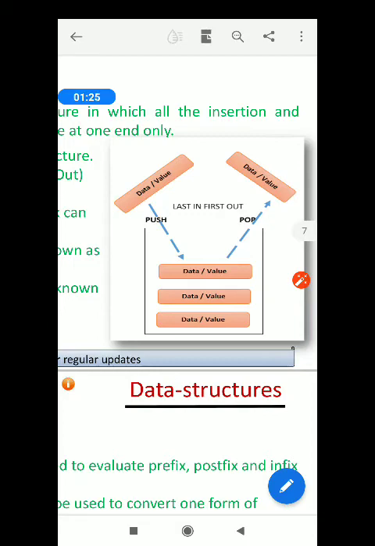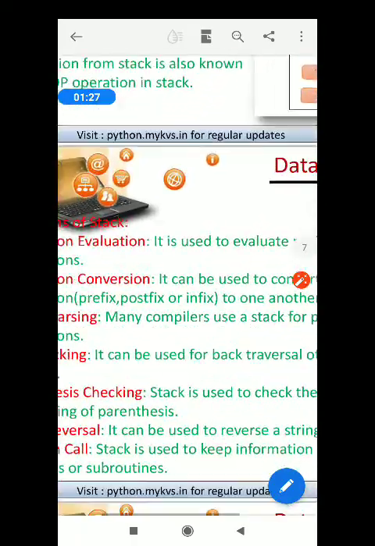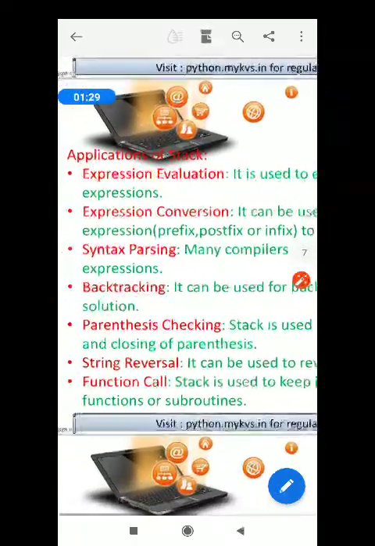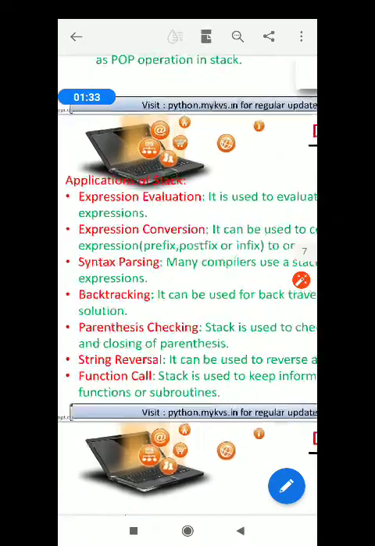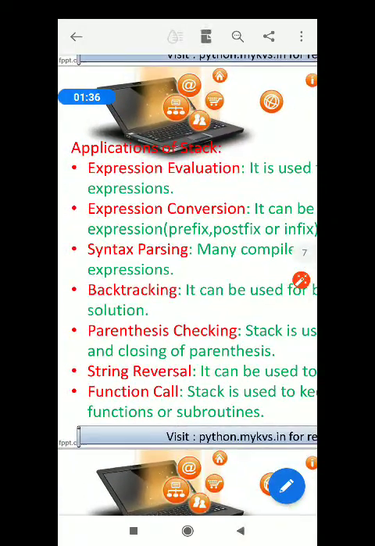And an example program we have seen. I'll come to the program, but before that let us discuss some of the applications of stack. Here it is very important: expression evaluation, expression conversion, syntax parsing, backtracking, parenthesis checking, string reversal, and function calling. In all these applications, stack will be used. So you must know this data structure very minutely.